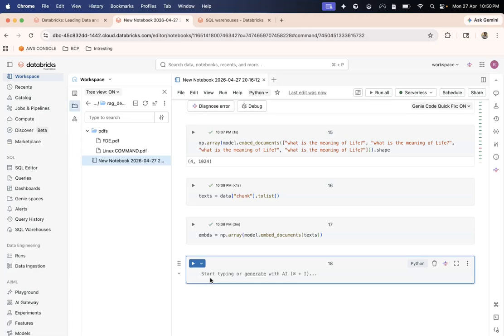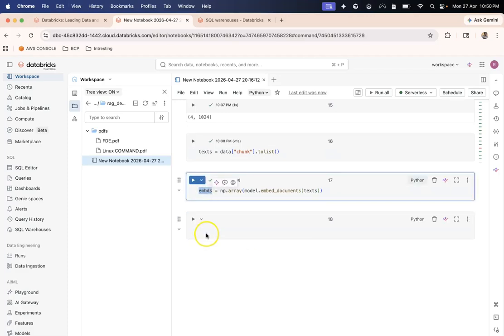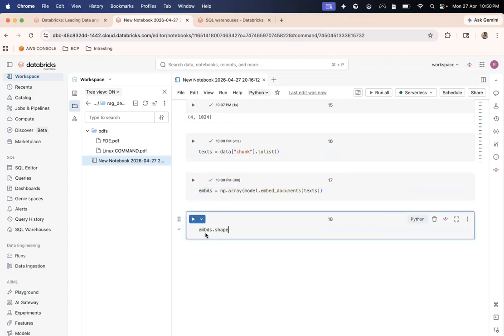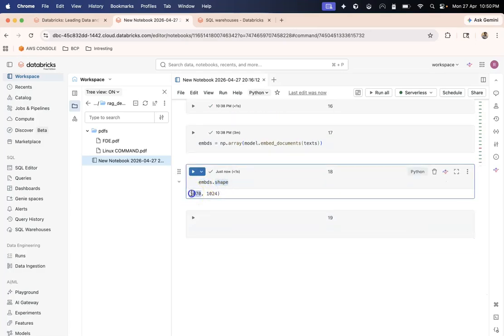Before doing anything, we will be doing a normalization function, and before implementing it, I would like to talk about the shapes of this matrix. Let's run this cell. So embeddings.shape is 5000 by 1000. Now 1000 is the shape of the embedding itself, and 5000 is the number of chunks. So we have 5000 chunks, and each chunk has an embedding of shape 1000.